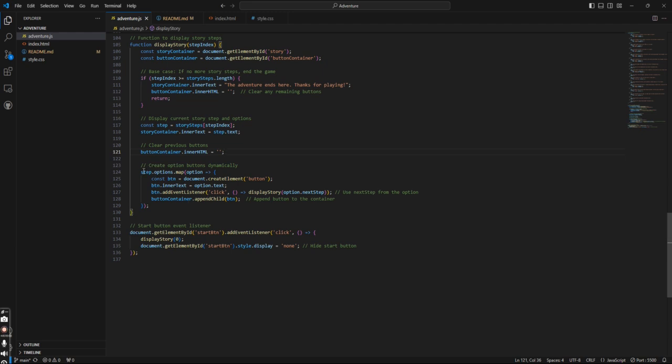And then this is just for the options, which is making it to where when you click on the button, it will bring up the next option and take you down that path. And this is just for the start button when you collect